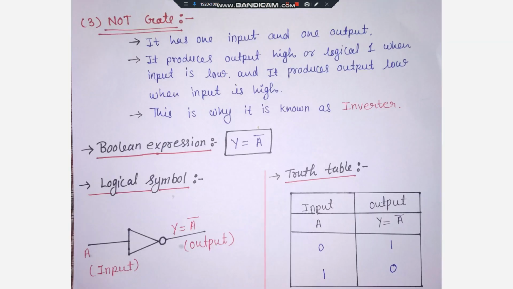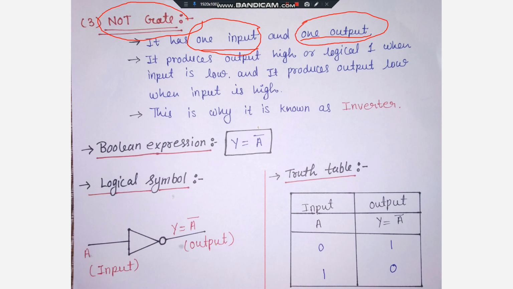It is very, very simple. NOT gate is very simple. Okay, NOT gate we will discuss here. So in NOT gate, we have 1 input and 1 output. See, previously we discussed the AND gate and OR gate. AND gate and OR gate can have n number of inputs, but remember this, when we are talking about NOT gate, this time we have only 1 input and 1 output.